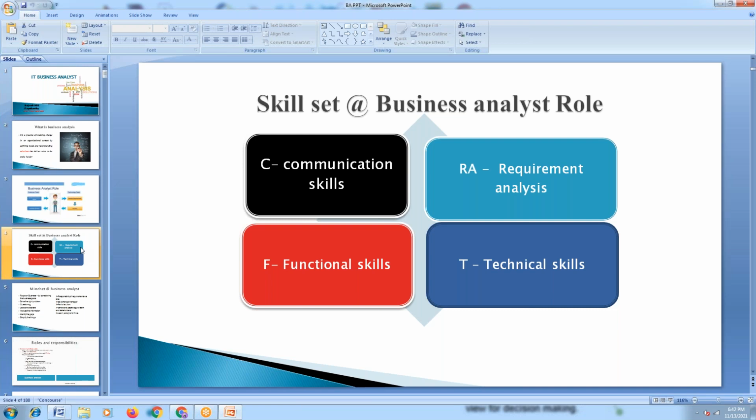Next, T stands for technical skills. This is where you have a question, right? Some answer here is relevant to your question. Technical skills need not mean expertise in developing, programming or testing all the time. If you have experience, then it's fine, nobody will object. If you have experience in programming or testing, obviously it's an advantage for you. Functional and technical are somewhat interlinked, absolutely, because you need to know how systems function, how systems work, and how technology is transforming from one extent to another. What is the process of the software development life cycle?